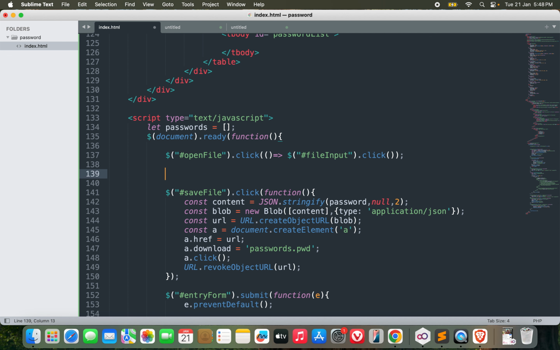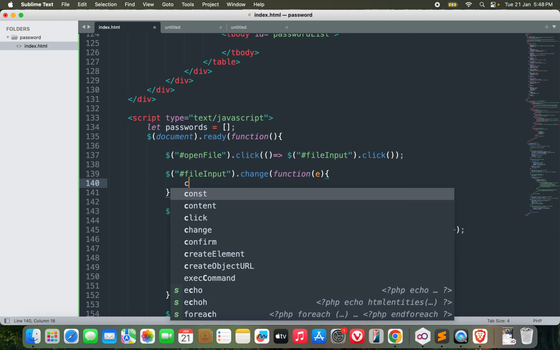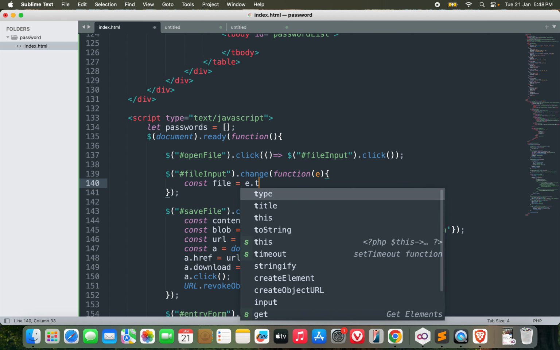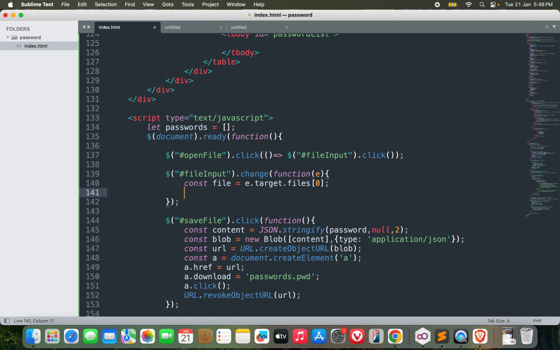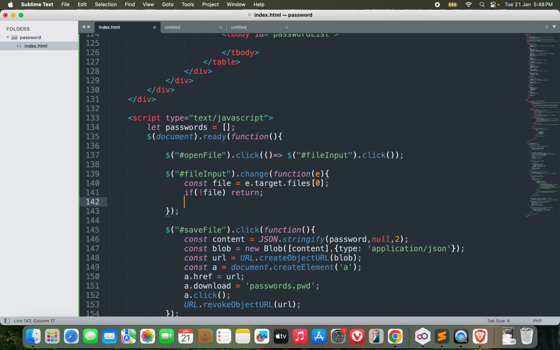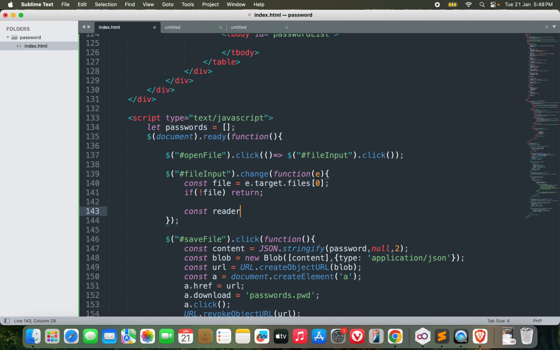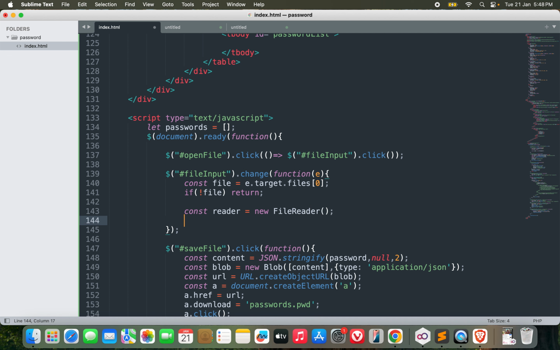So after I select the file, what happens is the file input dot change function. Whenever I change this file selection, I'll grab this event and do my stuff here. So I'll get the file first. File equals e.target.files, the first file. If there is no file, then return without doing anything. But if there is a file, create a reader, new FileReader, reader.onload equals function